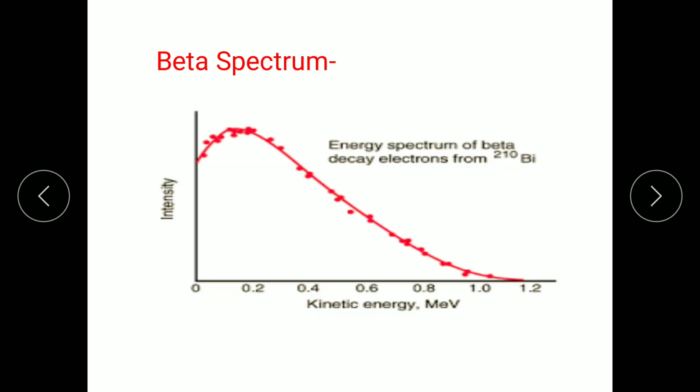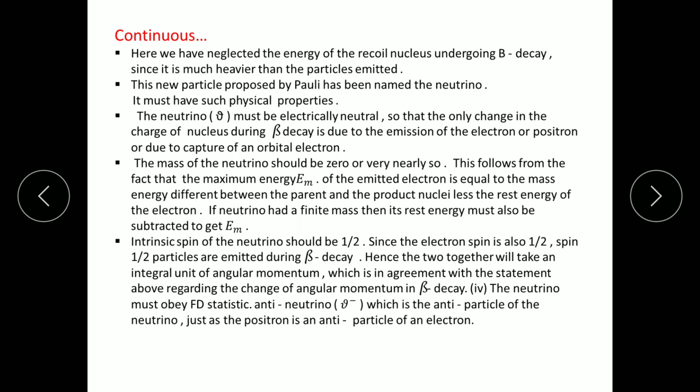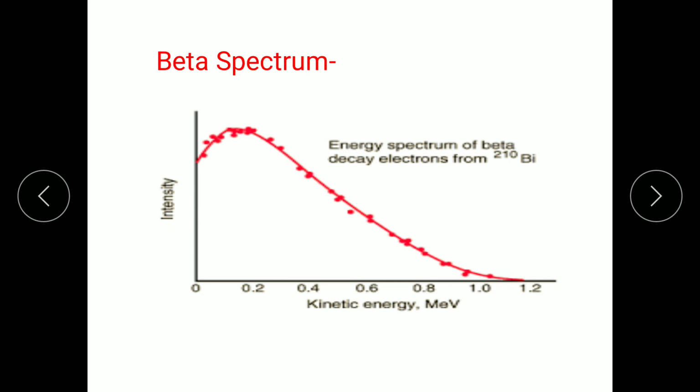And the last one is the beta spectrum. This is the diagram of the beta spectrum. In it we can see that the beta spectrum gives a continuous distribution of energy, and from this factor also we study the neutrino hypothesis. That is one contradiction. In today's lecture we saw beta decay: why beta decay occurs, beta minus and beta plus decay, and the neutrino hypothesis.